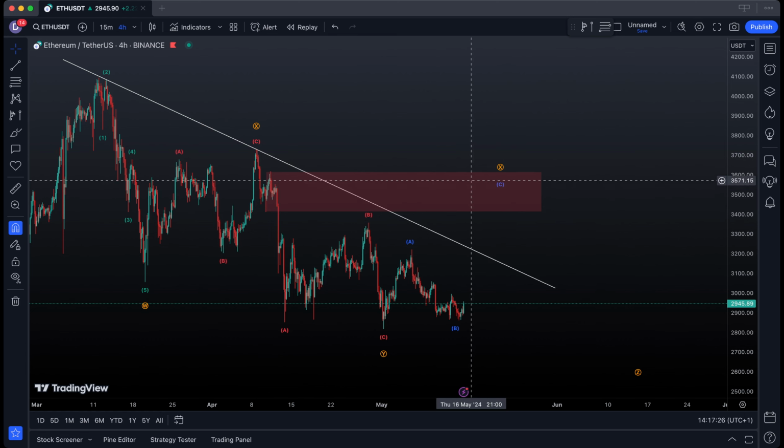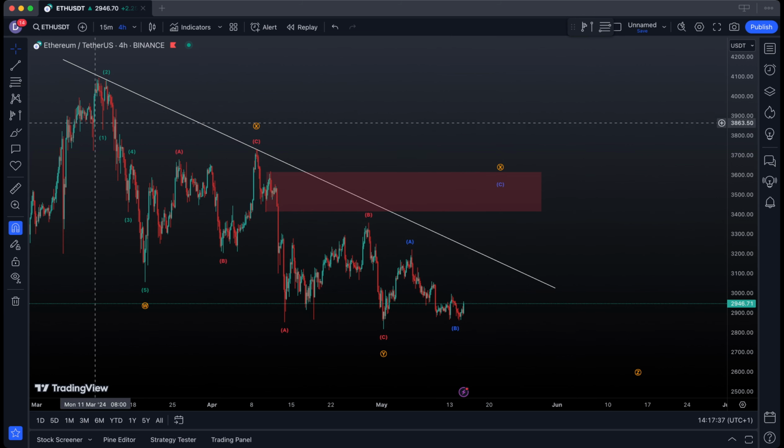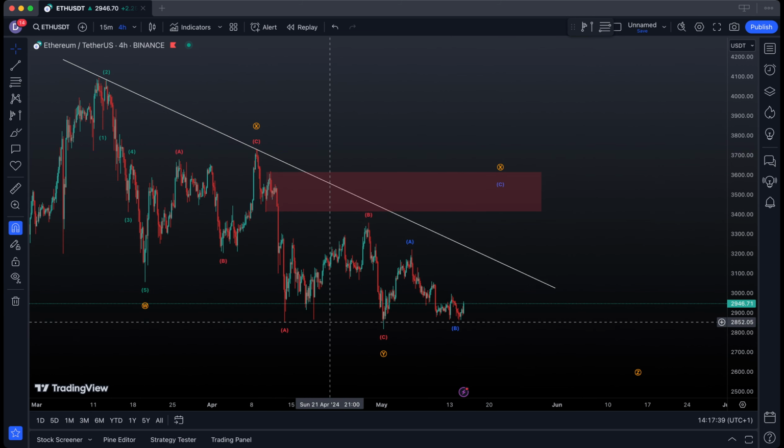Then obviously this wouldn't be the case because this wouldn't be a correctional move. However, if we have this correctional move up here, then it becomes more likely, higher probability that this is resistance. So that's why it's nice to also have Elliott waves, which also helps with time confluence, because that's another important thing that we always mention in Trading Floor: time confluence, how long it takes